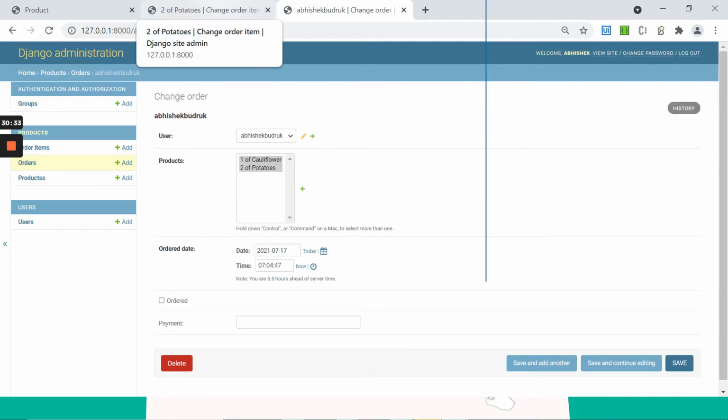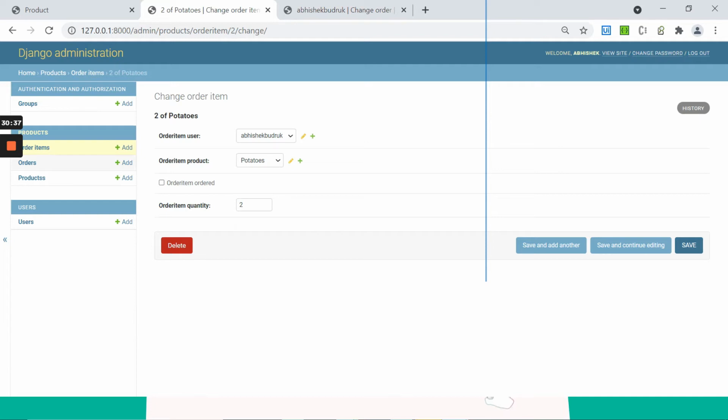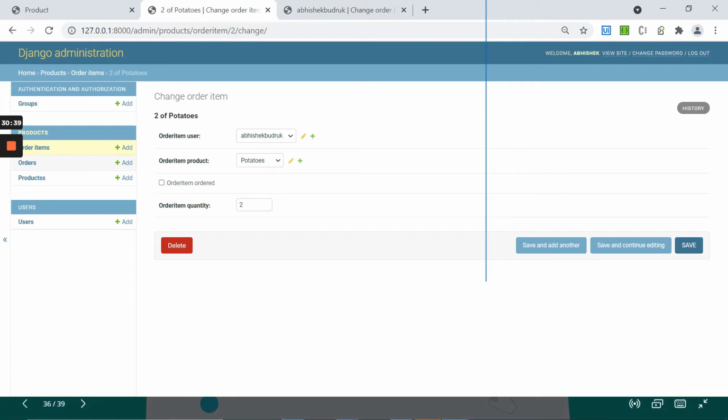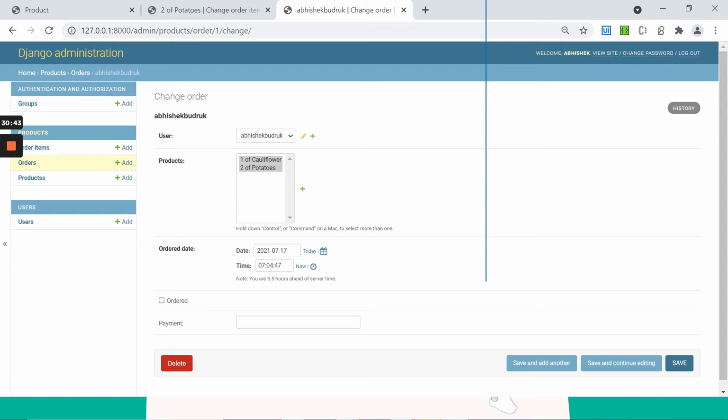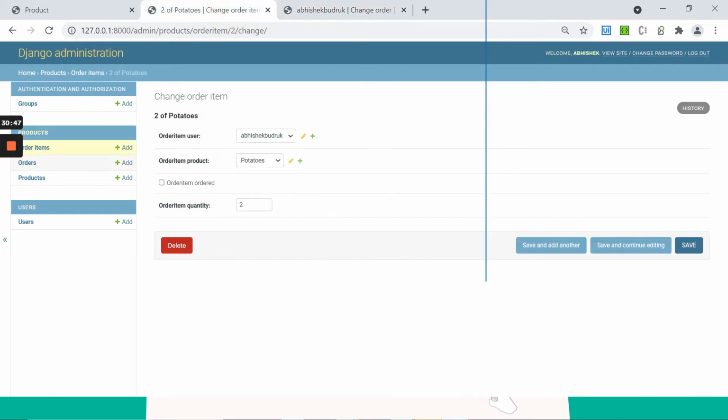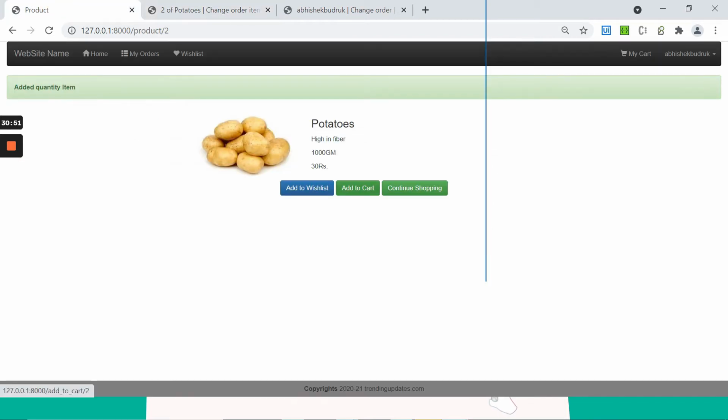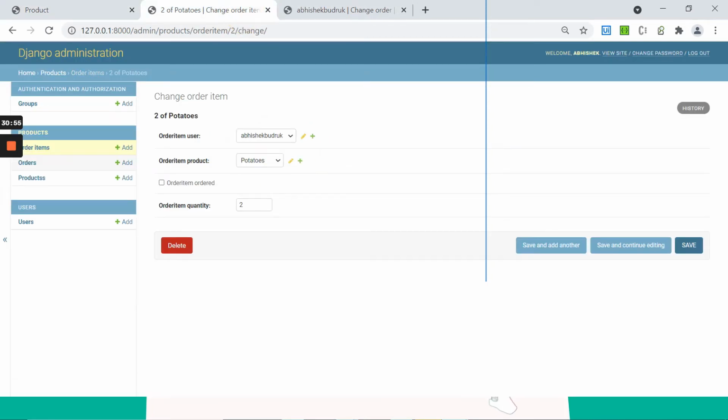You don't have to worry. If you write such code, you don't have to worry about what is happening inside this. The entire order item is stored under these products inside your orders, inside your cart view. And if you are going to still add one more item, it will add it as a quantity.